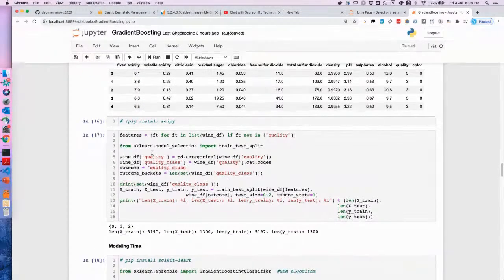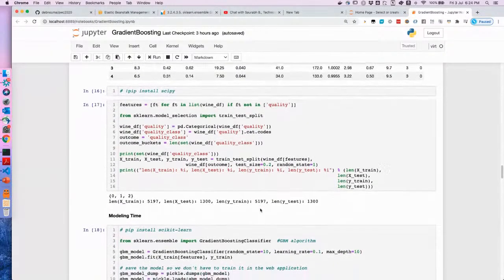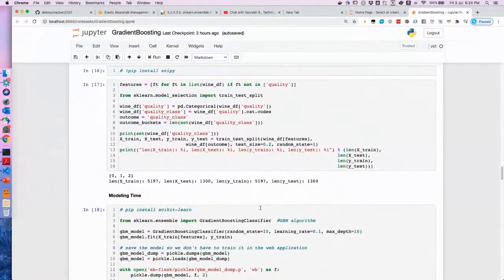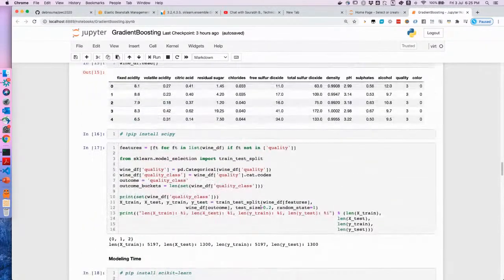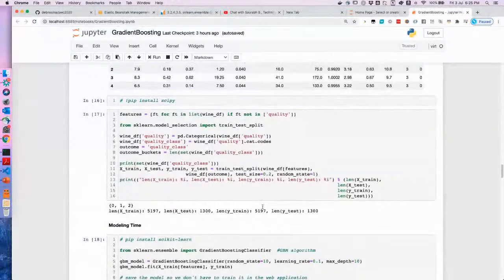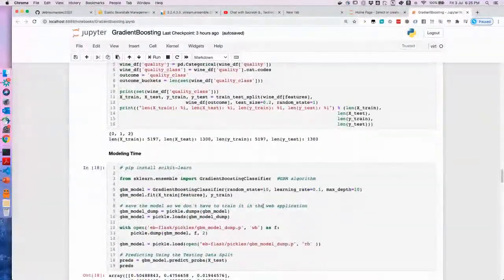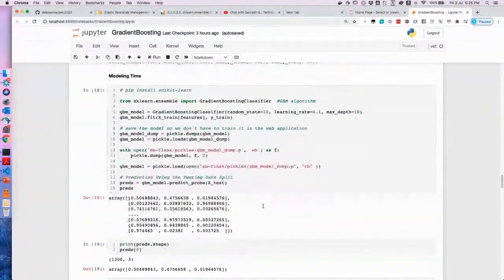We are going to use scikit-learn for this, and we will just split the data set. Once we are done with splitting, what we are going to do is,